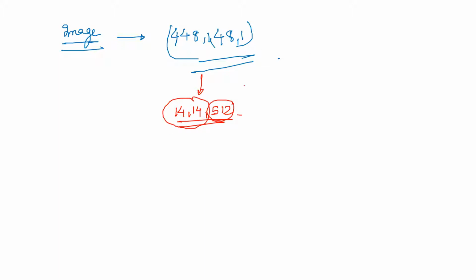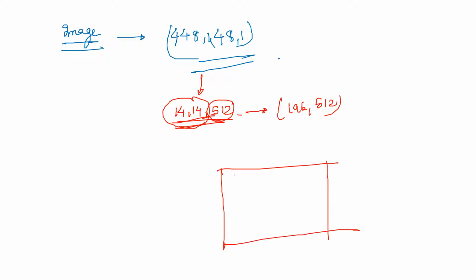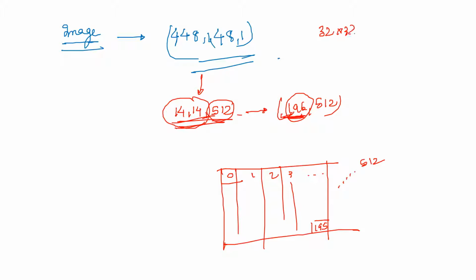So suppose I just reshape it into 196 by 512, meaning this 14 by 14 represents this part, right? The image of 14 by 14, and in the third dimension it is 512. So let me name this region: this is 1, 2, 3, 4, up to this it will be 195. So what I have done is reshaped it. Each of these 196 positions would represent a 32 by 32 pixel region of the image. How did I come to this conclusion? Just wait a minute.